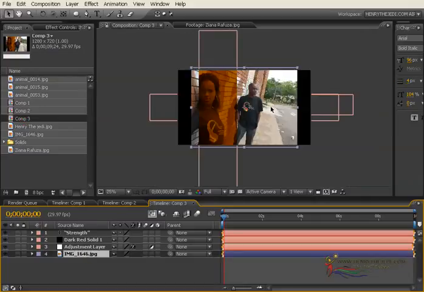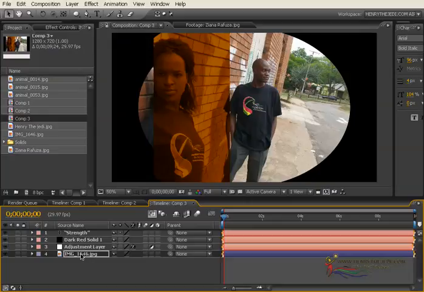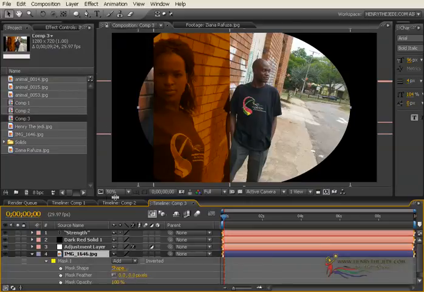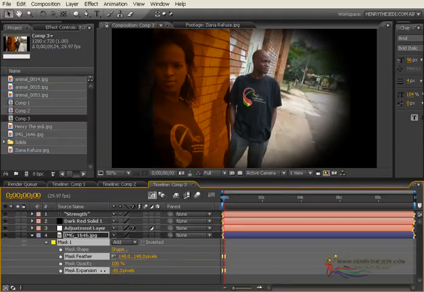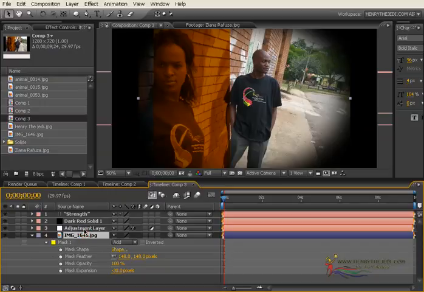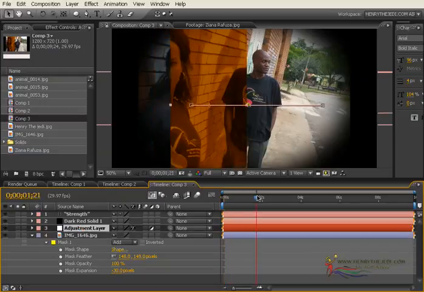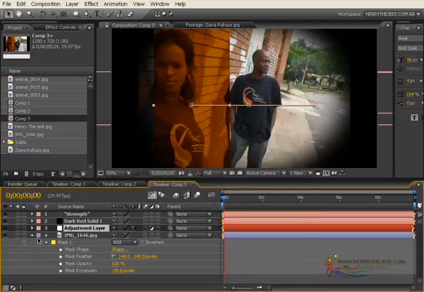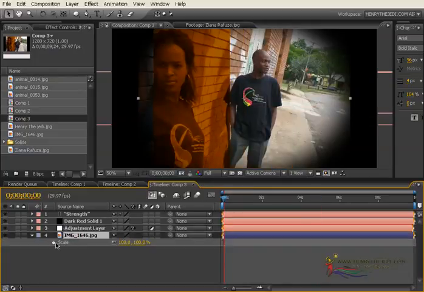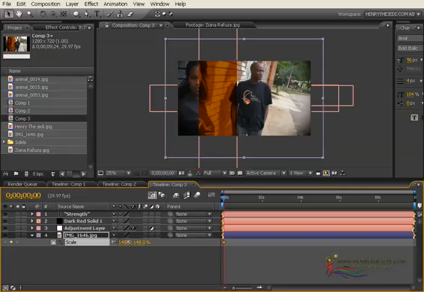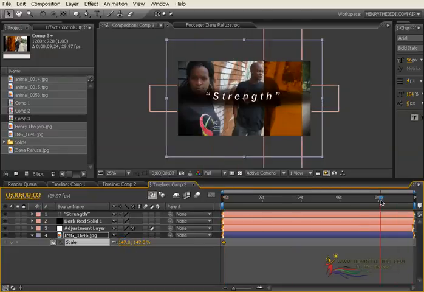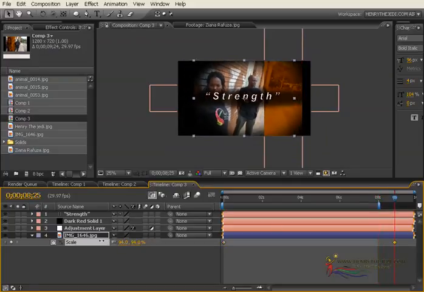So we select this particular image here. We're going to double click on the elliptical mask tool, press MM once more, increase the feather like that, reduce the expansion like that, okay? And then in here of course we're going to press S on our image to bring up the scale, and then we want it to start real big like that, and then around here at 8 seconds we're going to reduce our animation. We go beyond its endpoint, and then we are going to keep scaling it down. Select the 2 keyframes and then press F9.